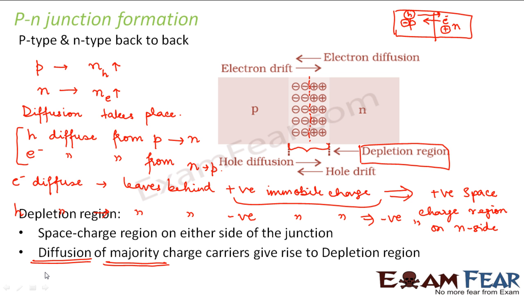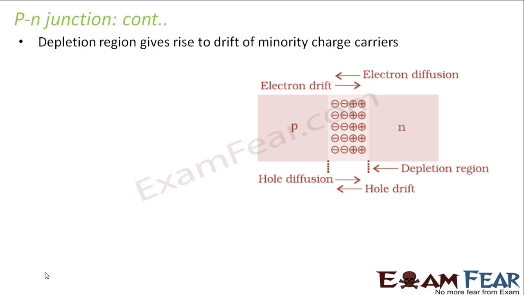Fine. So are you understanding what will happen if you connect a P-type and N-type together? First of all, diffusion of majority charge carriers will start taking place. So the majority charge carriers will start flowing across the junction. As a result, at the junction you will have some positive charges and negative charges which will together form the depletion region. Now what will happen as a result of the depletion region? If you look at it, this depletion region also consists of positive charges on one side and negative charges on the other side. So as a result, an electric field will be established.